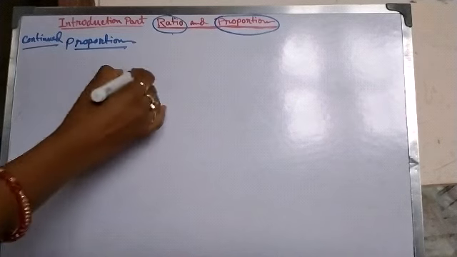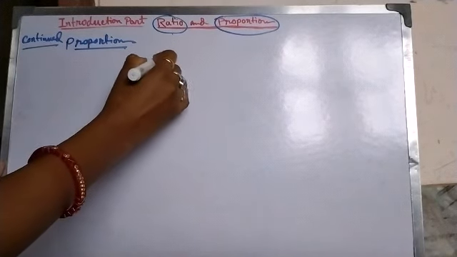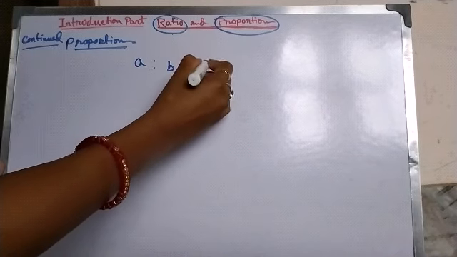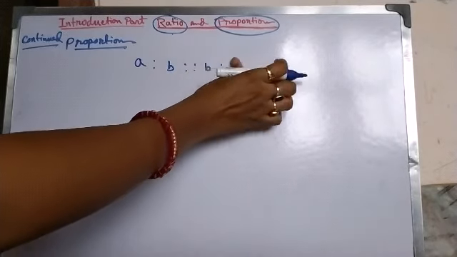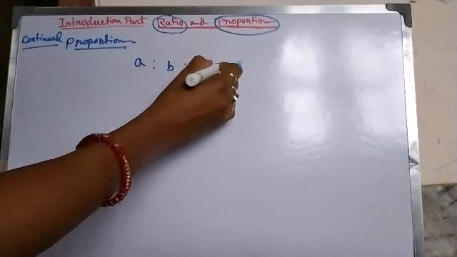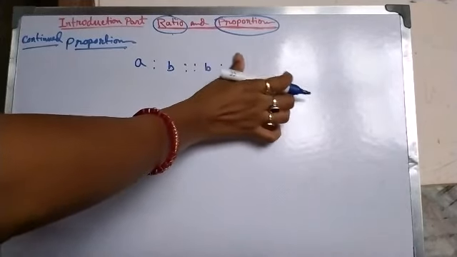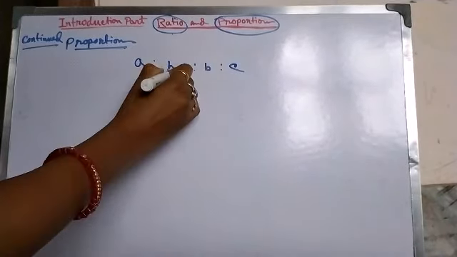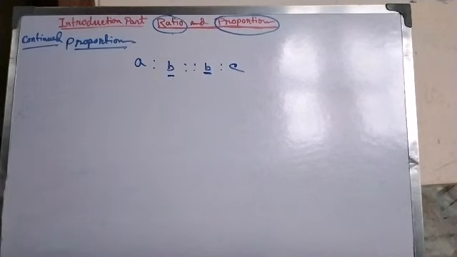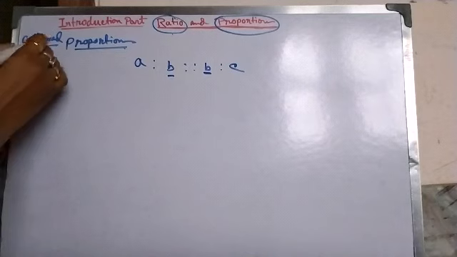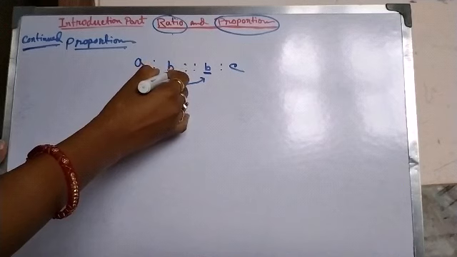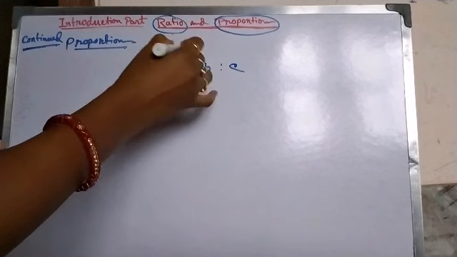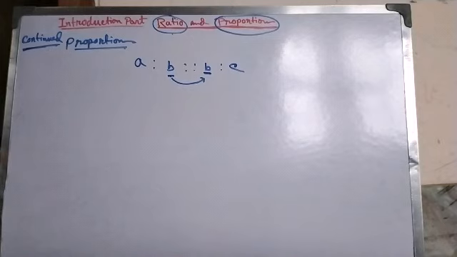Now the last topic of proportion, that is continued proportion. Continued proportion means when A is to B proportion, here B will be repeated in the third position. A is to B proportion B is to C. So here the mean term is repeated. That's why this is continued. That means this is continuously going on. In the second term and the third term, they are also the same term. That is continued proportion. So what will be the process?